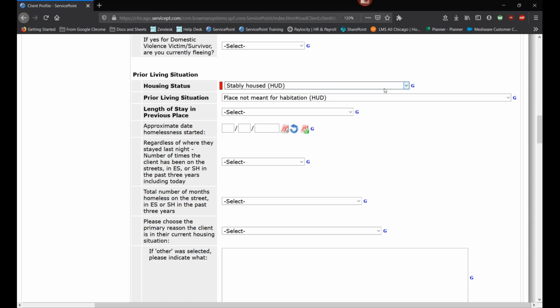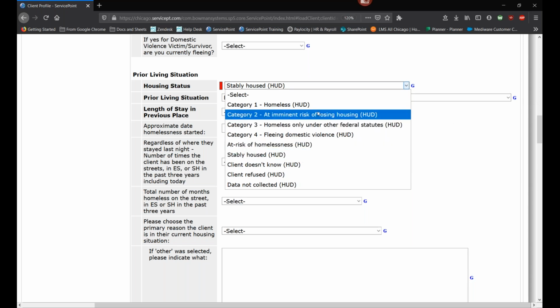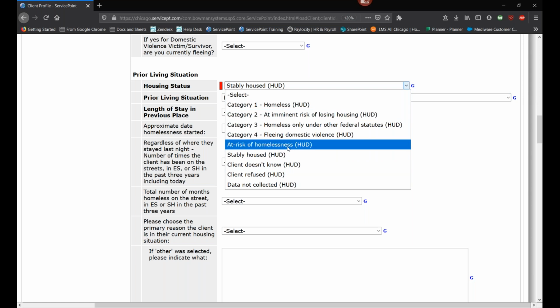So you're asking if they couch surf, right? That's a little trickier, but it really has to do with that chronic homelessness definition. So you want to make sure that you're asking them how long they've been in that situation, and get the number of times, if they have 12 months of homelessness over, I think, the last 3 years. That's all stuff you have to ask to determine which one of these applies, because it sounds like if they're just couch surfing, they're still at risk,